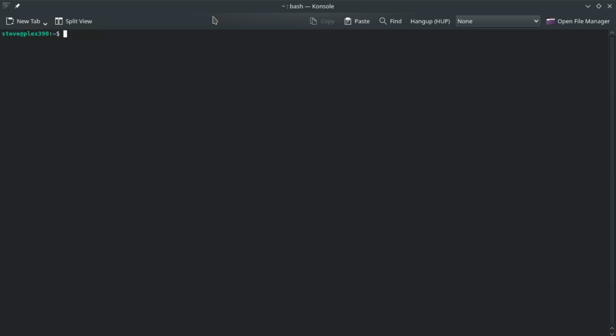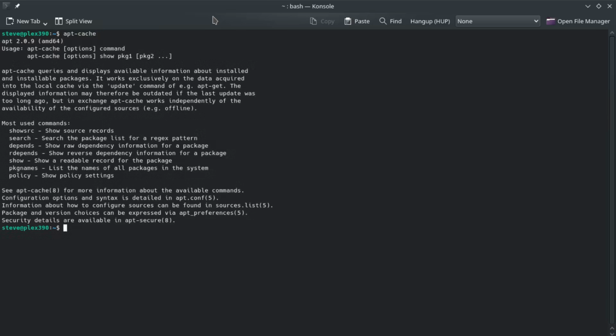Now there are two parts to apt. There's apt-cache and apt-get. So if you type in apt-cache and just hit enter, you get apt-cache queries that displays available information about installed and installable packages. It works exclusively on data